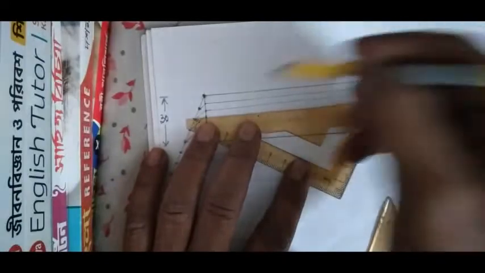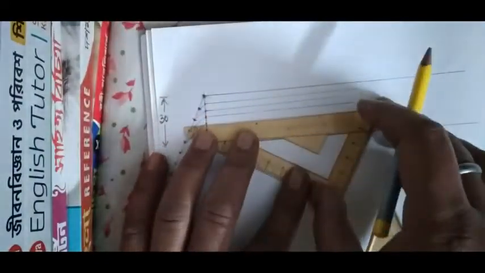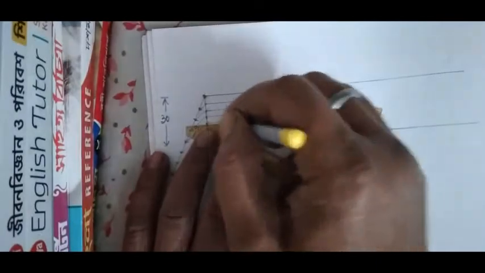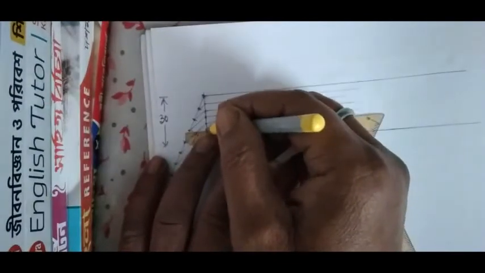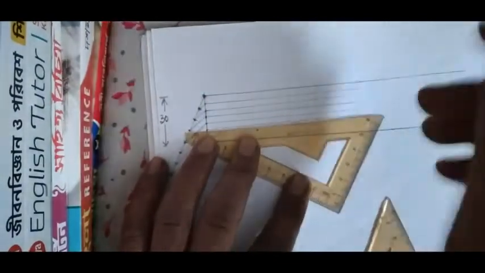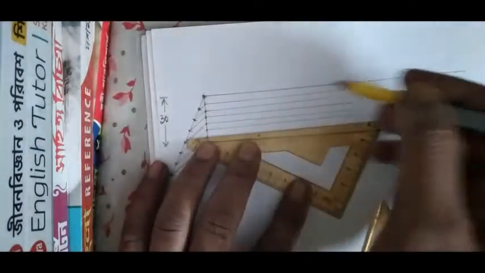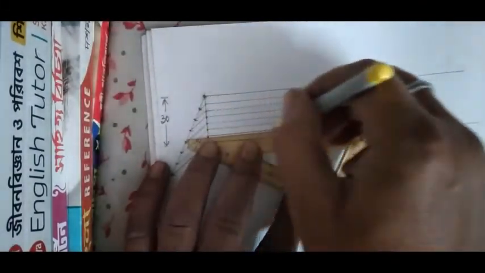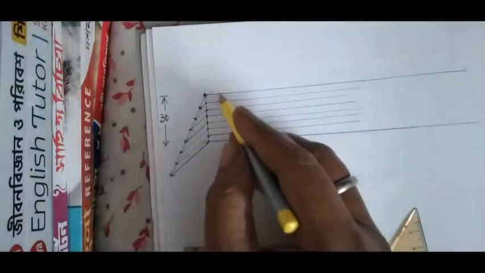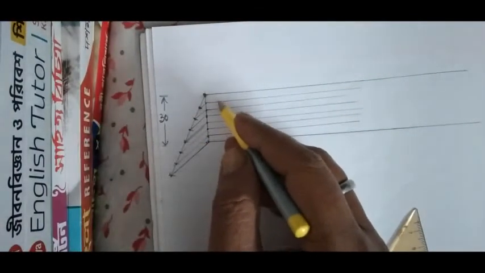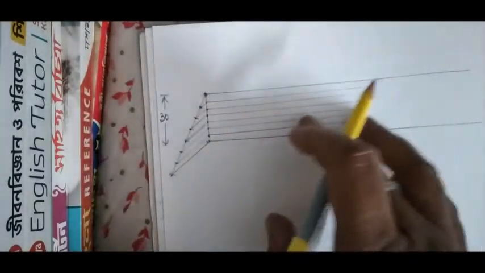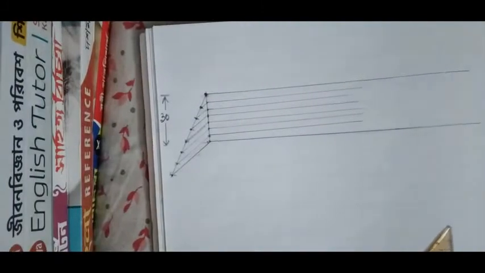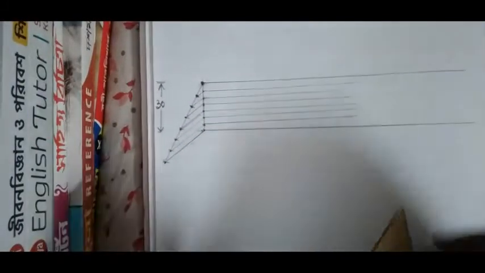And you can see here, suppose this point, draw parallel lines through this point with the help of your T-square. Then you can see here 1, 2, 3, 4, 5, 6, 7, we draw these lines. Actually these lines are parallel, but here I drew them freehand, so maybe some